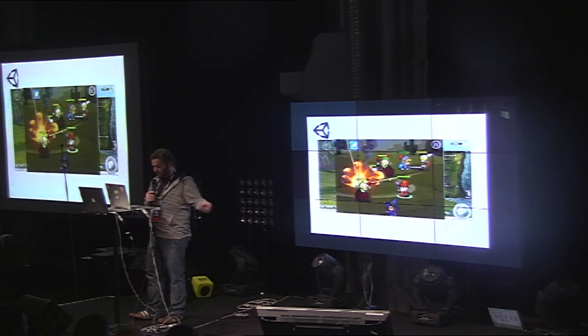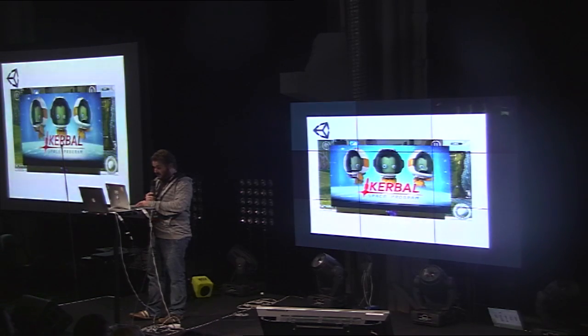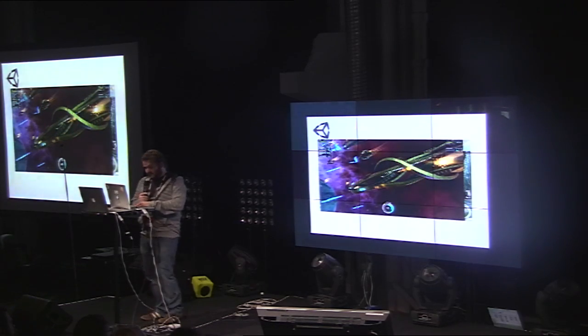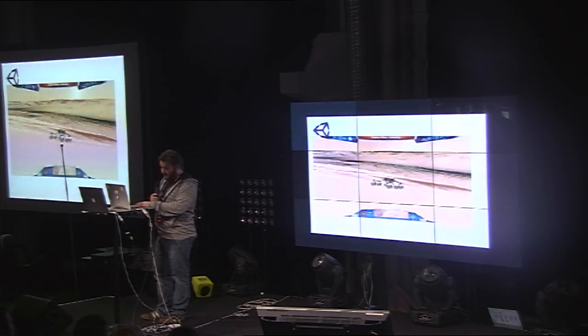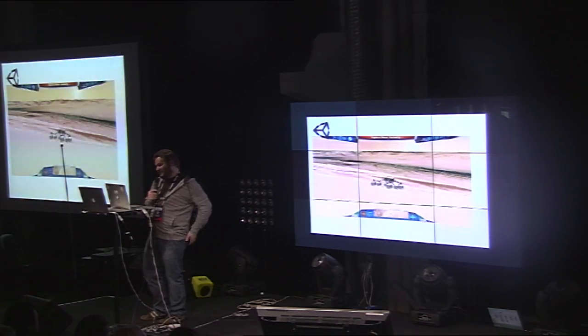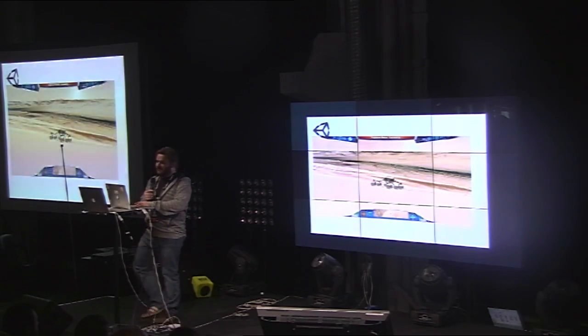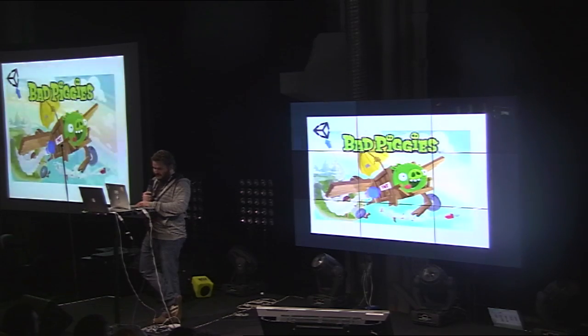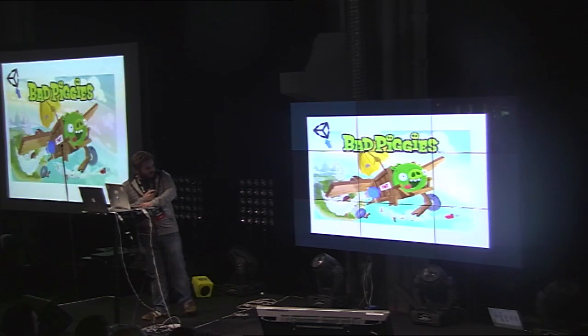But then it covers all other bases. We've got lots of interesting iOS games. This is Battleheart from a 2-person team. This is the Kerbal Space Program, which is super awesome, and it's following an alpha funding model. And we have Endless Space, which is a game that was released on Steam. And this one's kind of curious. It's a project by NASA. So there's lots of non-gaming things that have been produced with Unity as well. And coming up to more recently, Bad Piggies, which was very recently launched, uses Unity.